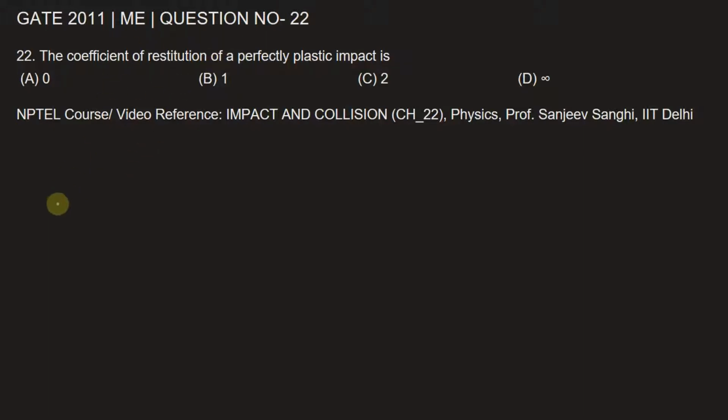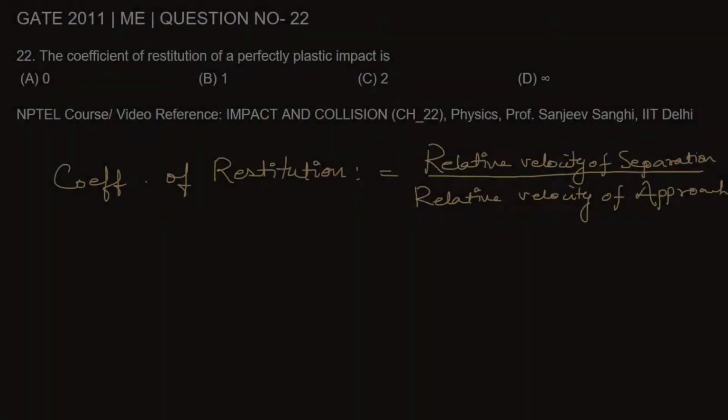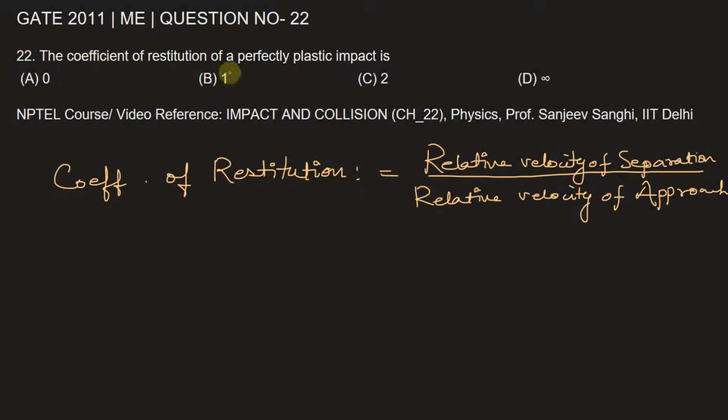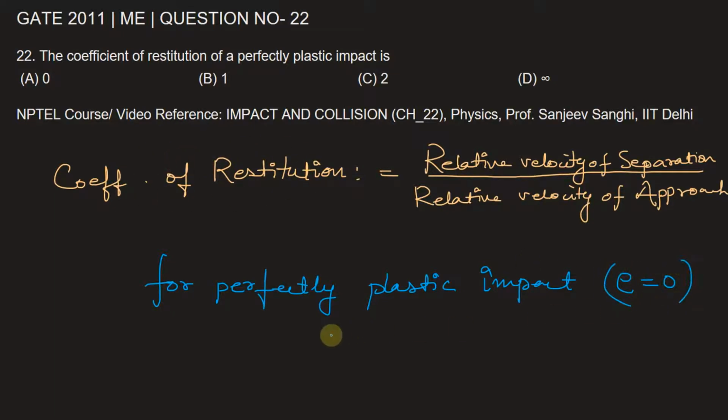So first let's see the definition of coefficient of restitution. It is defined as the ratio of relative velocity of separation to that of relative velocity of approach. Now for a perfectly plastic impact, this coefficient of restitution E is equal to 0, because after collision